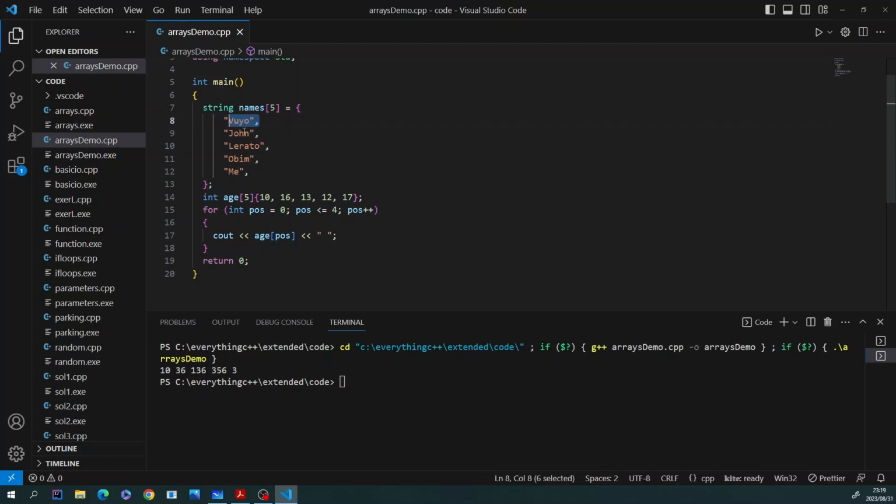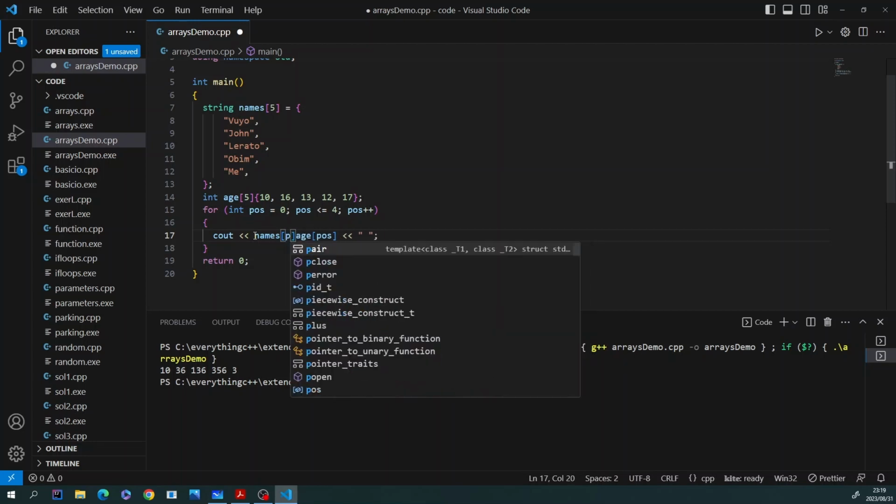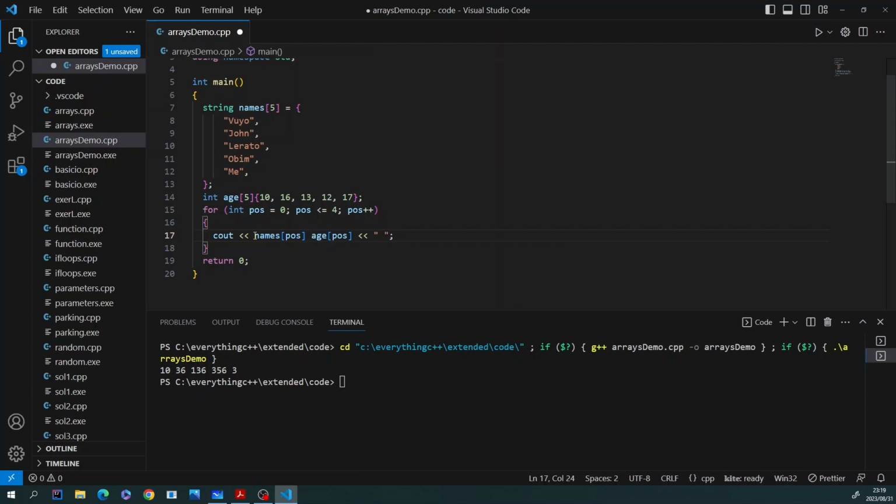So they must be stored on the same index, so that when you go to position 1 it corresponds to John's age. Now to display that, very easy, you go names here, and then you still put the position because everything is on the same position. So you say name, maybe a little string there in between,